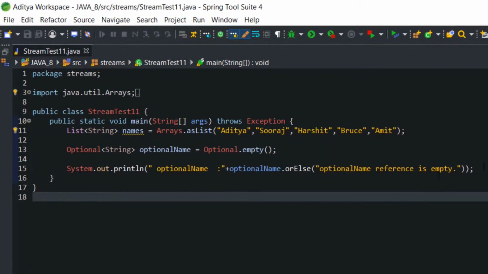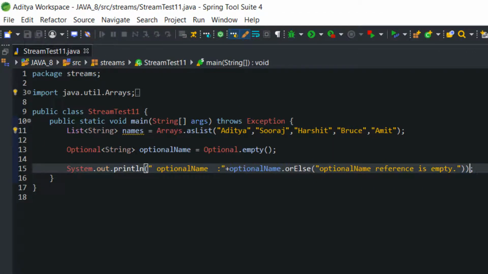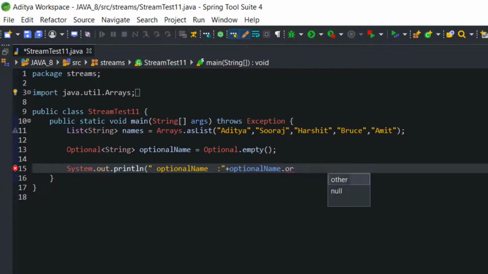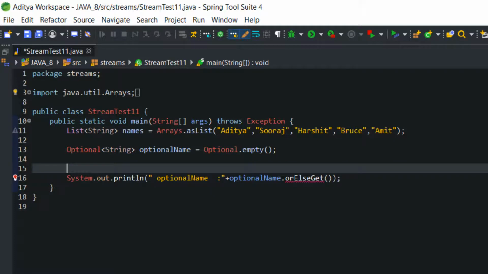Now another method is there, the orElseGet method. The orElseGet method is used whenever you want to write a certain type of logic or process some data if optionalName does not exist. Let's write a method to see how the orElseGet method works. It will accept the Supplier predefined functional interface.